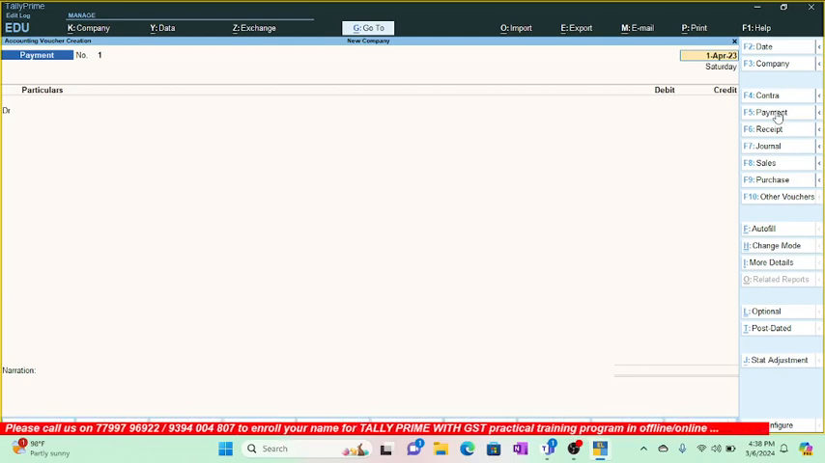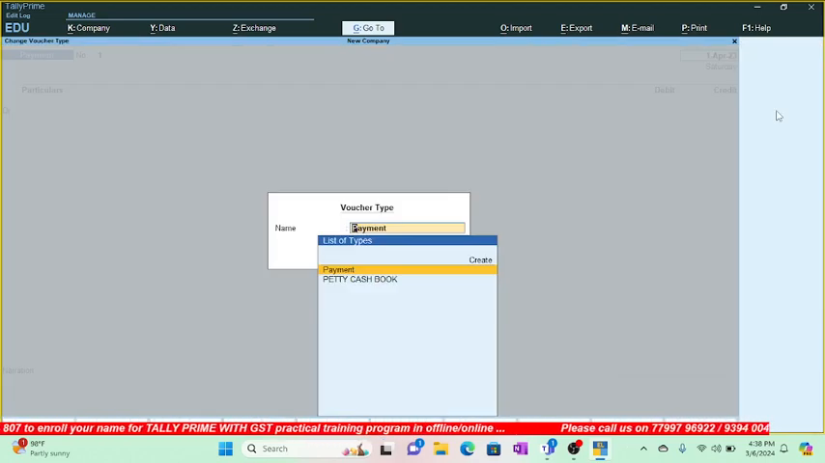So we use payment voucher only, because we are making the payment. It is not contra, because suppose for petty cash we transfer the amount from bank, we can use contra voucher only. From bank to petty cash, yes. So directly from main cash we are transferring to petty cash for making the petty payments. So for that we use payment voucher only. Here the shortcut key is F5. So select payment voucher,